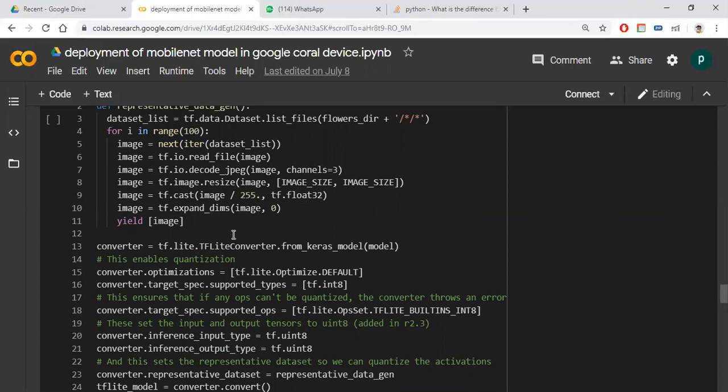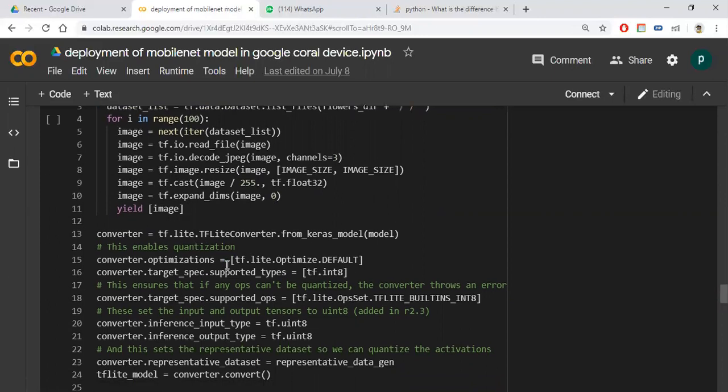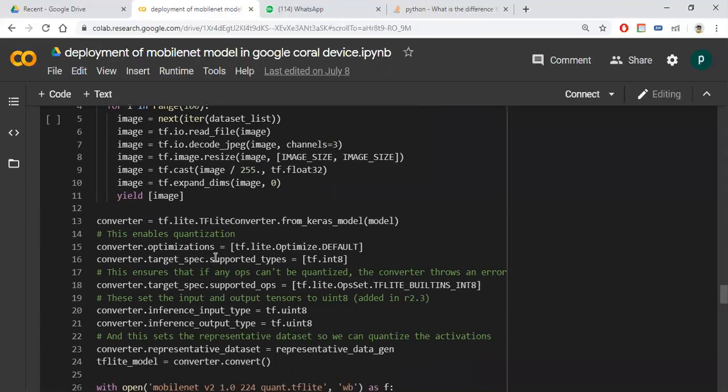After that, this is the quantization: converter.optimizations set to default. If you write default, it optimizes by default, and the model data type will be reduced by default. Then the supported type, int8.